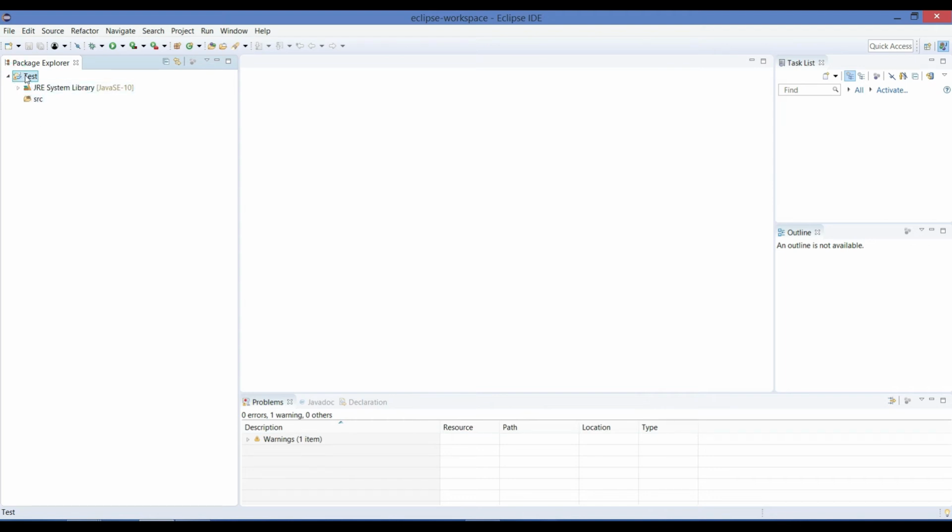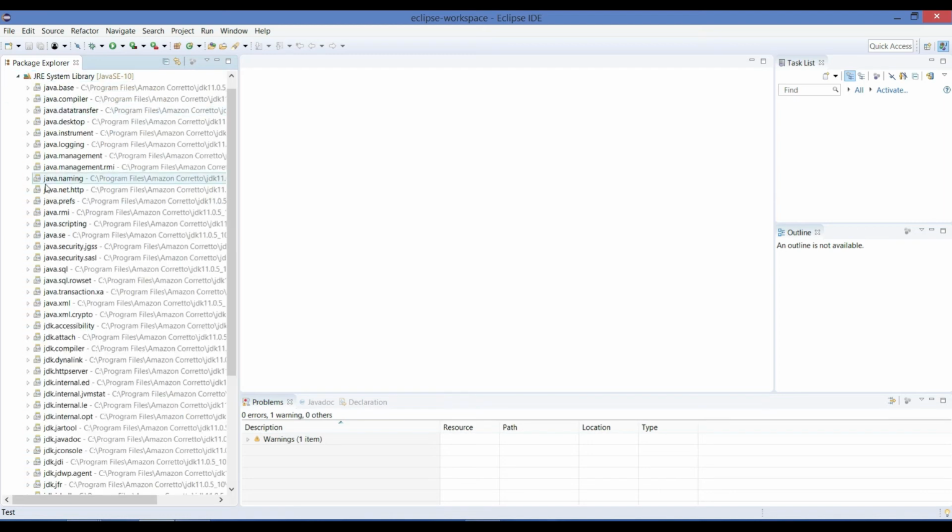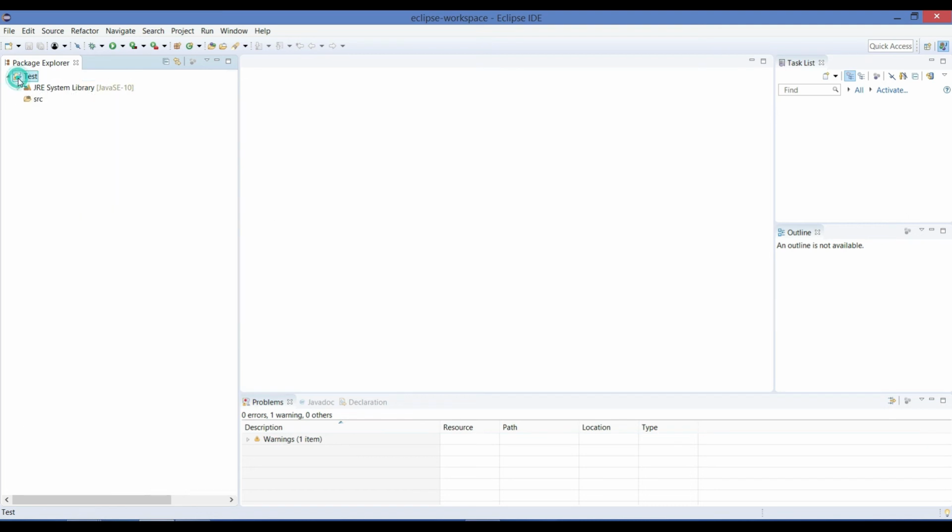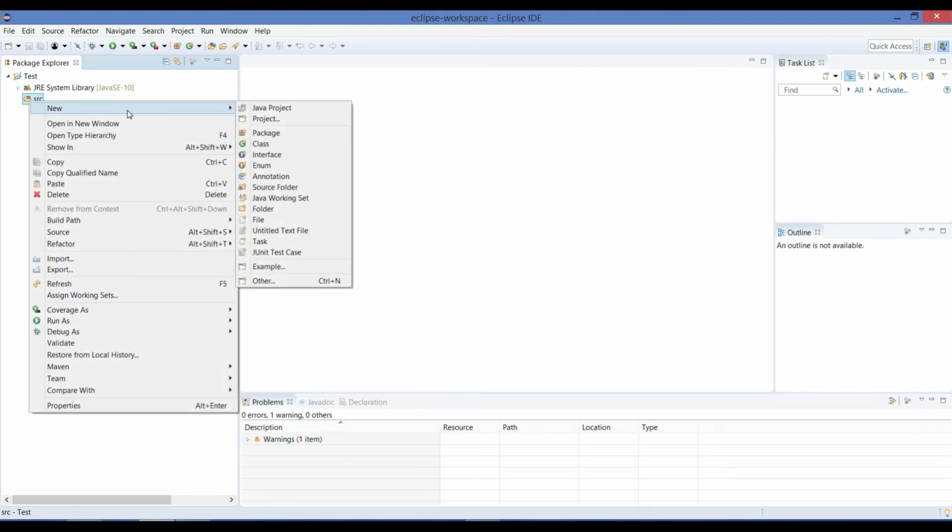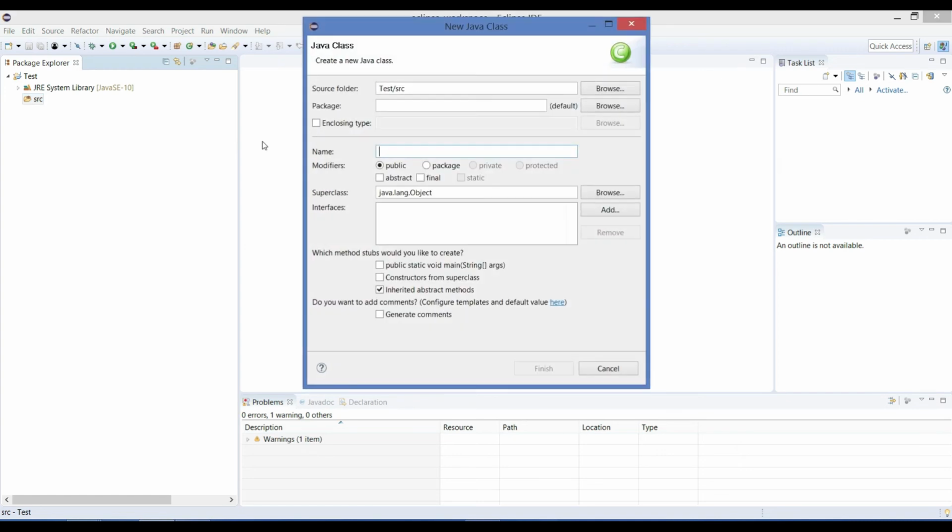In this project you have JRE System Libraries, which contains all the JRE jar files required to run a program, so you need not worry about it. But there is a folder called src which is empty. You need to create a class file, a Java file.